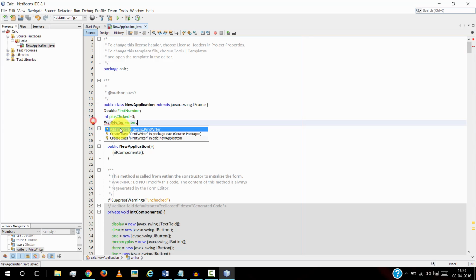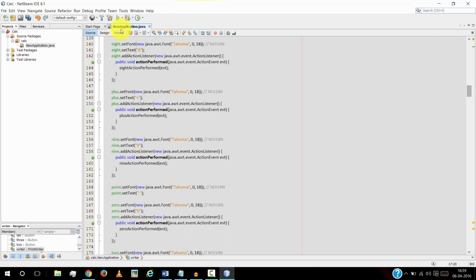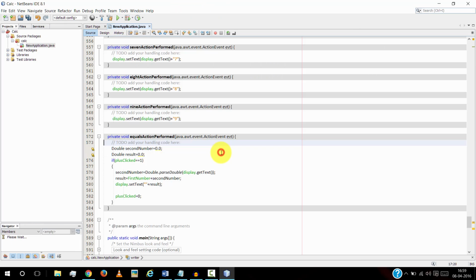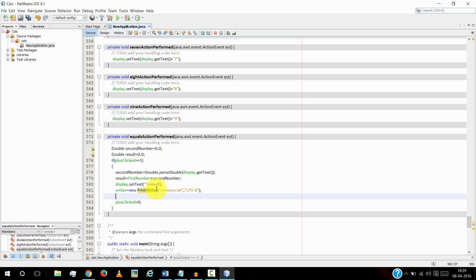We'll import the class, and in our plus code, equals code, we'll do writer equals new PrintWriter, and we'll save it into a file called memory.txt, and we'll give the encoding, that would be UTF-8, and then we'll write